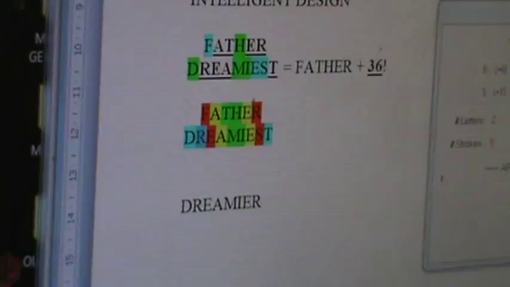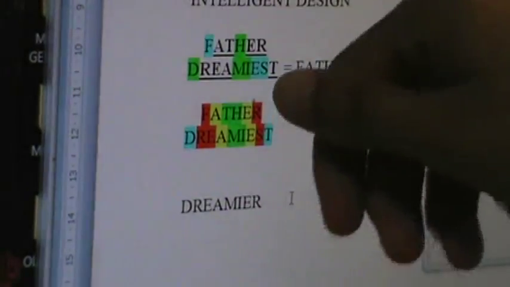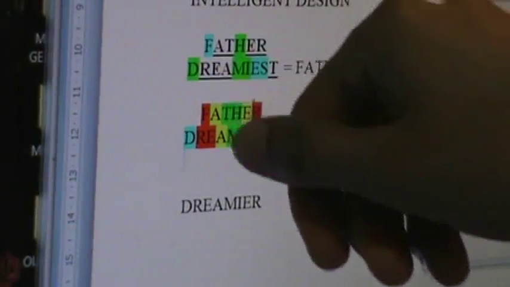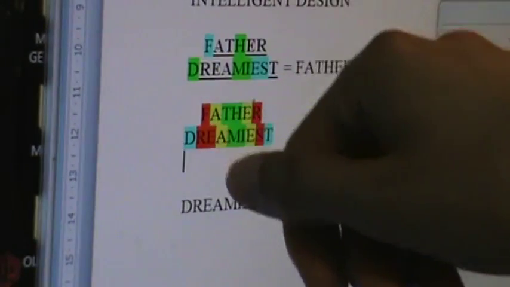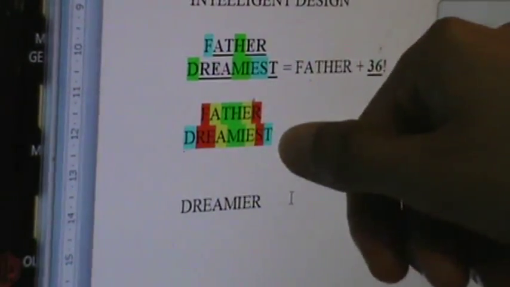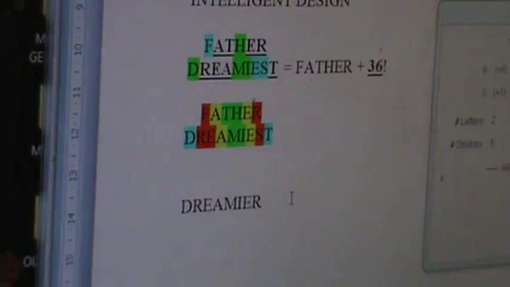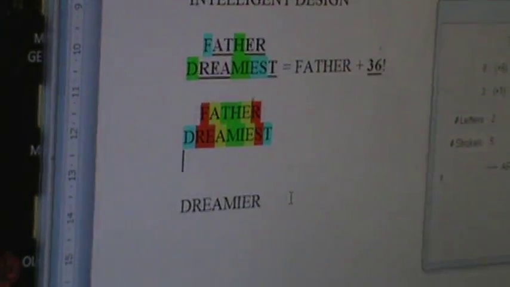So let's just kind of mention that a little longer. So the T and H different from an M and an I by 6. A plus E equals 6. R is 666. F is 6. S times E is 4 times 6. R is 666. TD is 24. Same value as FR. I'm absolutely thrilled with what we saw in Father and dreamiest.